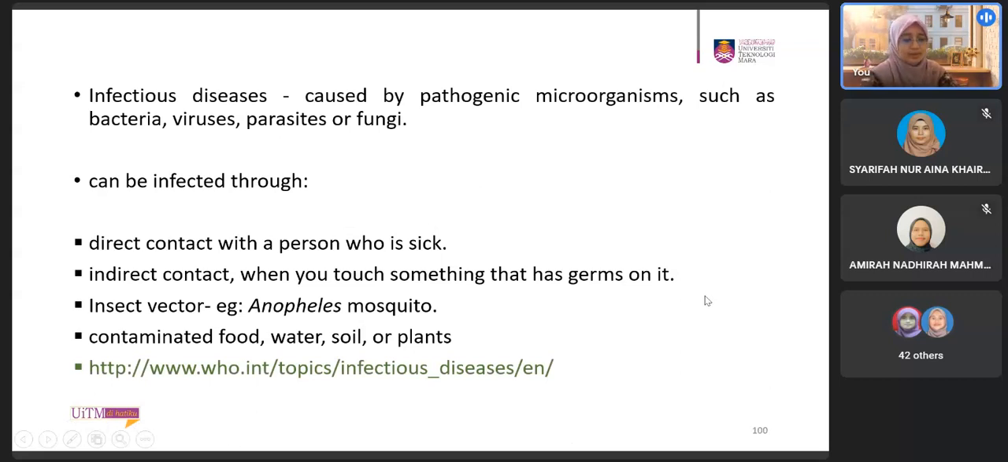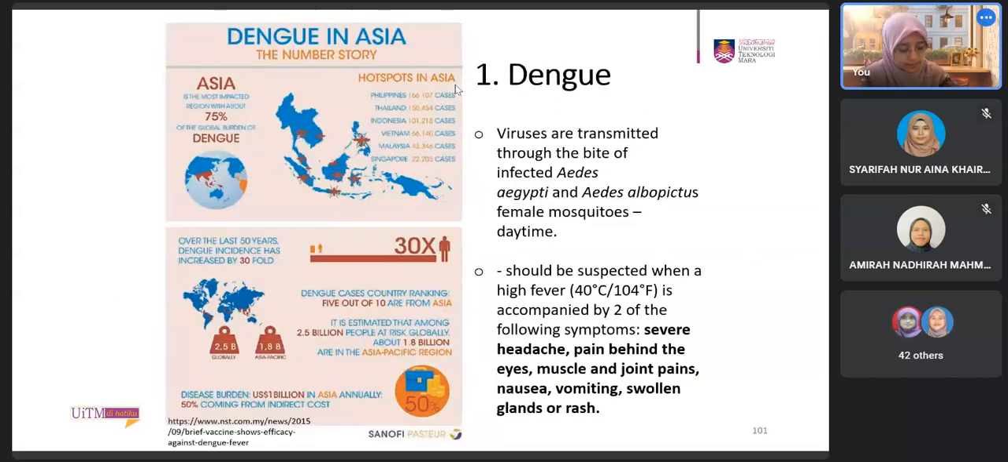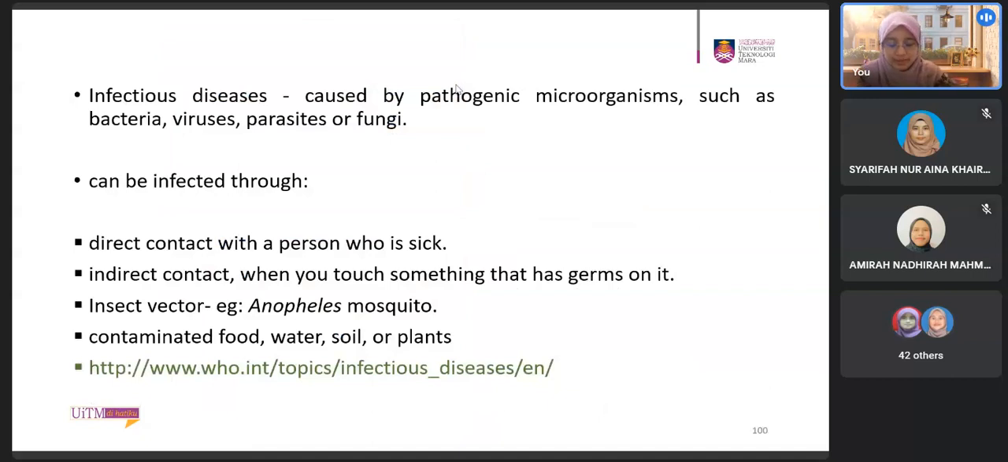Okay, so the last part of this chapter, which is infectious diseases, caused by pathogenic microorganism, such as bacteria, virus, parasite, and fungi. It can be infected through direct contact with the person who is sick, kan? Macam coronavirus sekarang ni lah, kan? Influenza, whatever. So the person who coughs, for example,